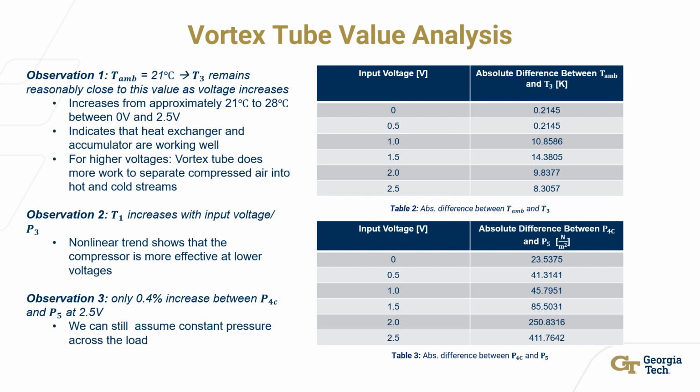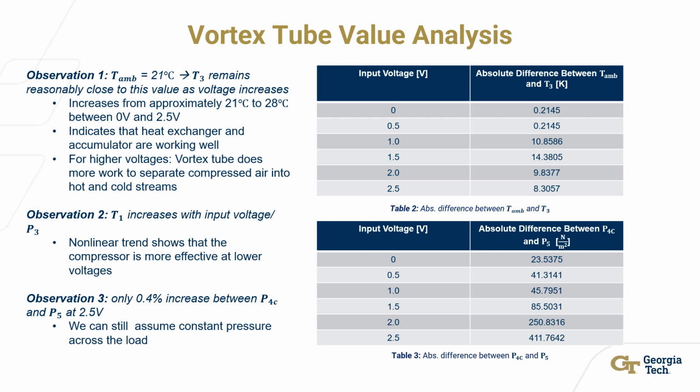T3 increases, but not significantly, between 0 and 2.5 volts. This means the heat exchanger is working well, and the vortex tube does more work to separate hot and cold air at higher voltages. Secondly, T1 increases as the input voltage increases, and there is a non-linear trend between the two variables. This shows that the compressor is more effective at lower